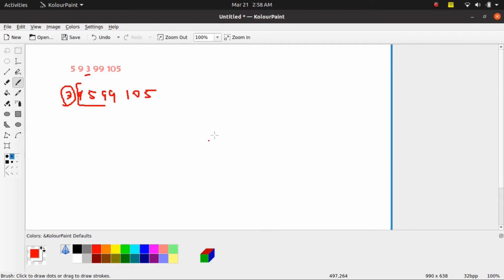So in the second iteration, we would go from 9 to 105, and by the end of the second iteration, in this position we would actually have 5, as 5 is the minimum in this array. So here we have 5, and here we would have 9, and then the process will repeat.